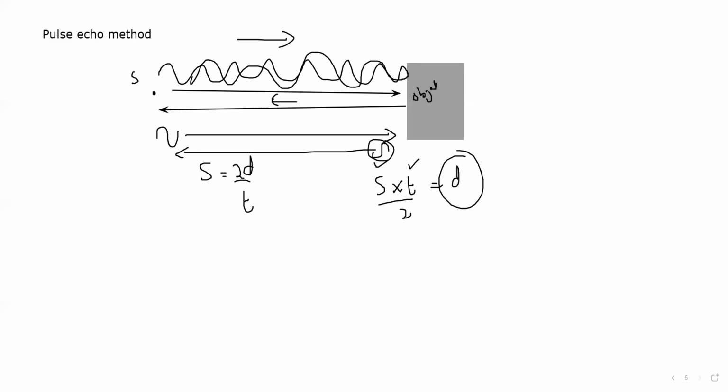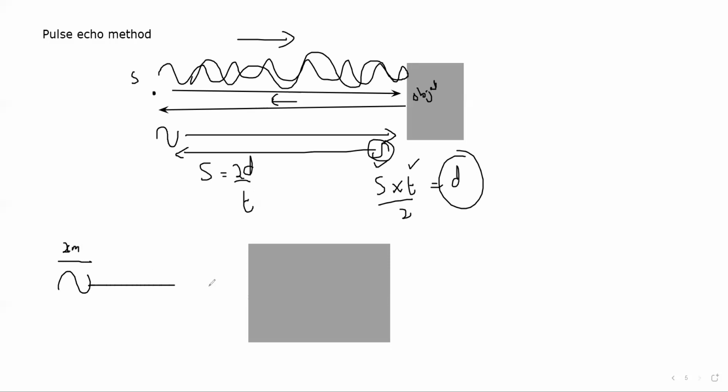And to get the detail image, the term detail image means how many points the pulse reflected within the object. That is called the detail of the image. Like this is an object and we are using a pulse which has a length of 2 centimeter. When this pulse hits the object, it will bounce back, but not all of it will bounce back. A small part of the pulse will bounce back. Then it will complete its one full vibration, which is the length of the pulse.